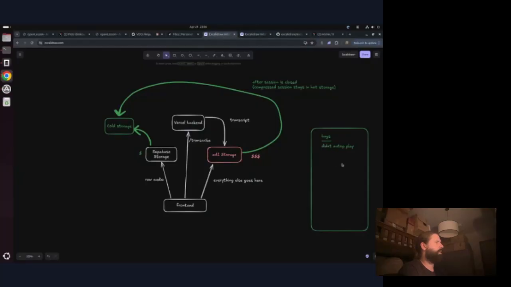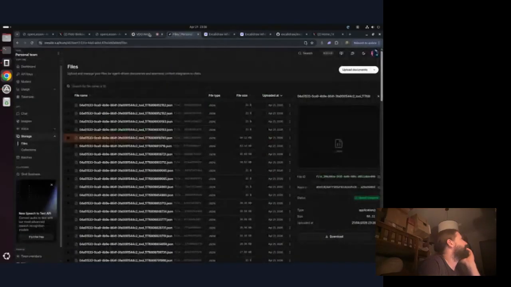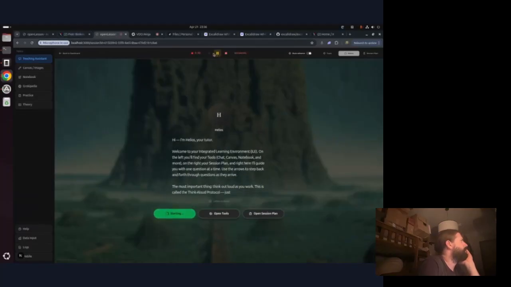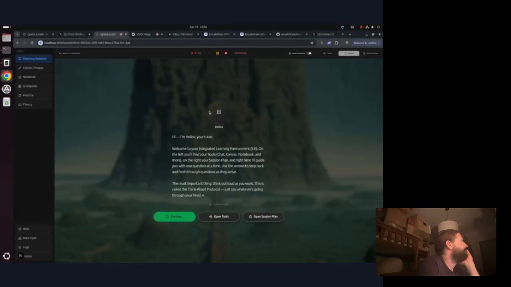Wait, did I lose? Files tool inside session for sure. No, now it started the session. Interesting. Maybe it was just a little glitch. It starts the session and